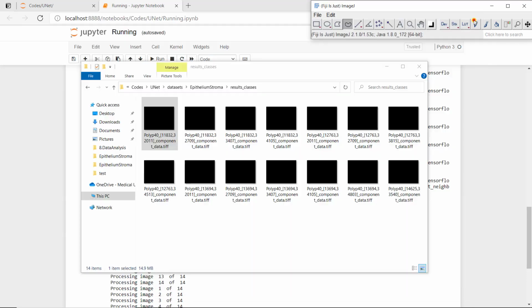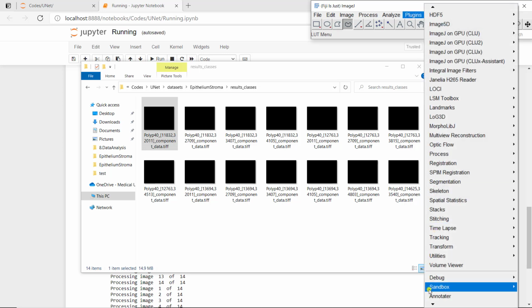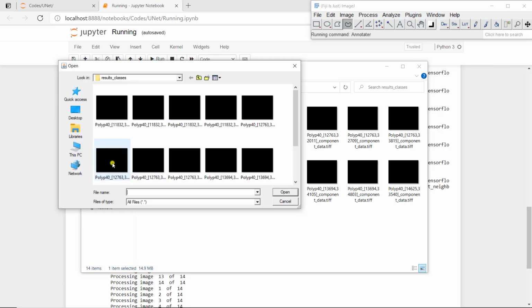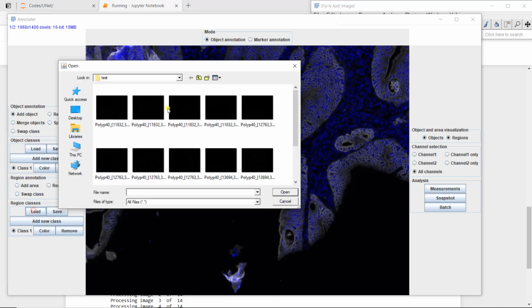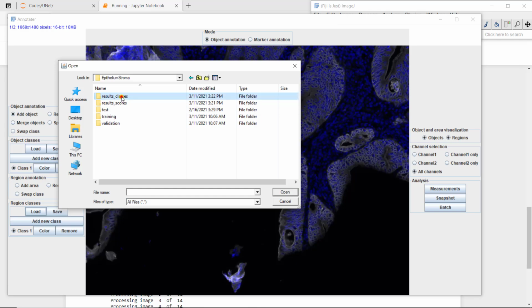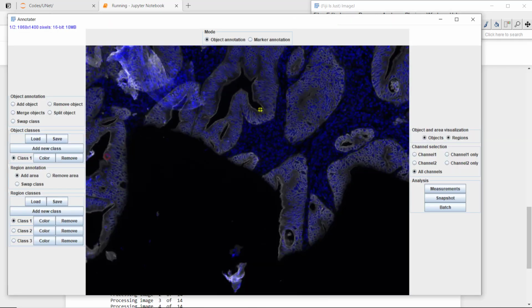Let's open another image randomly. Let's say this one, for example, the 5th one. So I'm going to go back to test. I'm going to take the 6th one actually. Okay. So you see cytokeratin, we have high values, for example, here with something a bit weird here, and very faint regions like in here. So let's see what it gives. So if I go back to result classes and open the corresponding segmentation,